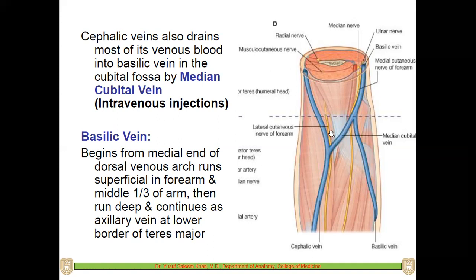So giving injections or drawing blood becomes difficult. In front of the elbow, behind we have the bones, and in the front, these two veins are holding this vein. The cephalic vein on the lateral side, the basilic vein on the medial side, and in between, this is the junction, which is the median cubital vein. Because it is held by two veins on either side, it is more stable, and there is less fat in the elbow, so it can be easily given. So this is the site where we usually give the intravenous injection.